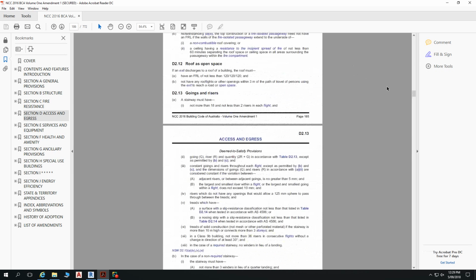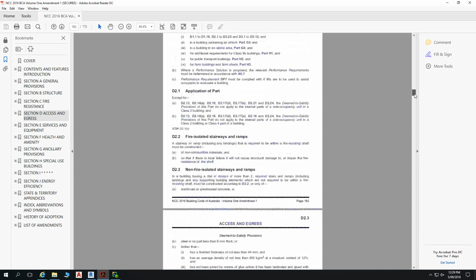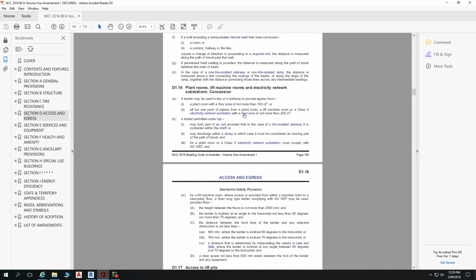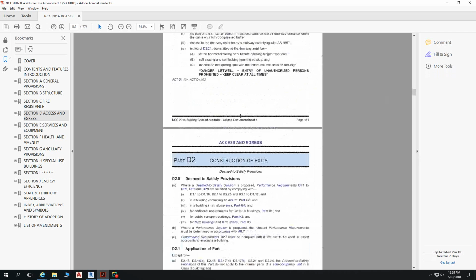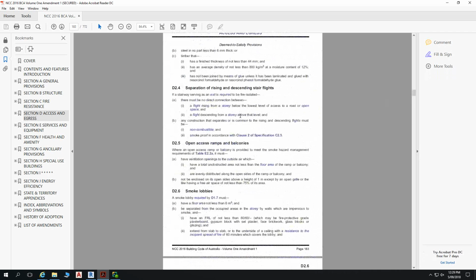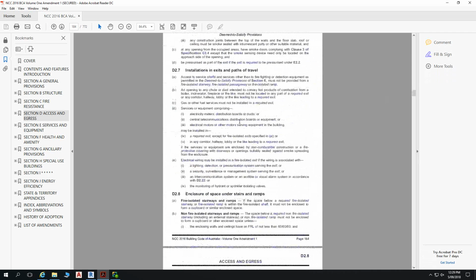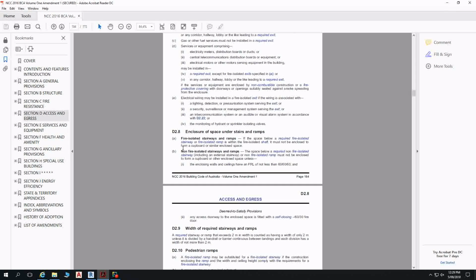And also, if any of you also choose to do an enclosed staircase, also have to be aware in regards to enclosure of space under stairs and ramps as well. So if you're fully enclosing your staircases and you're wishing to provide storage underneath them,